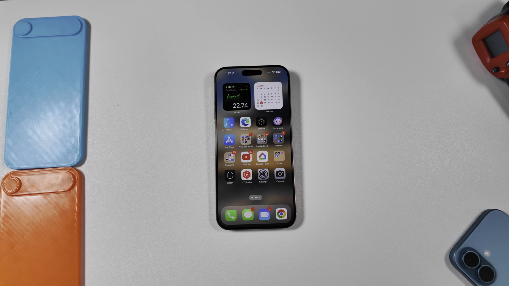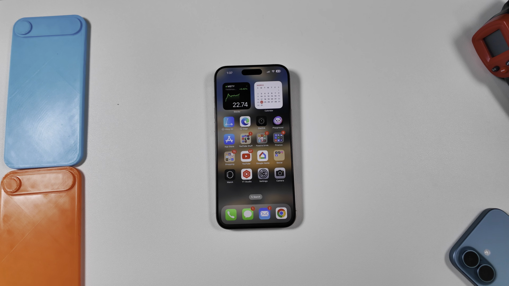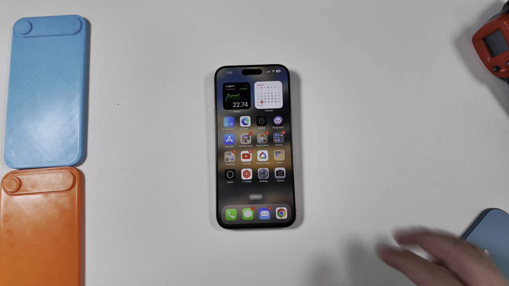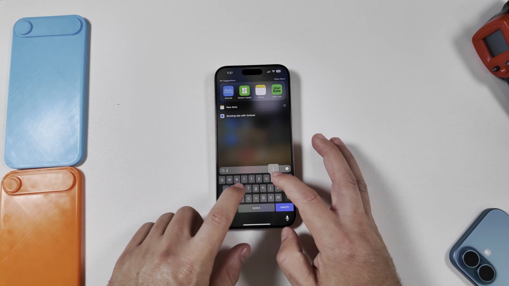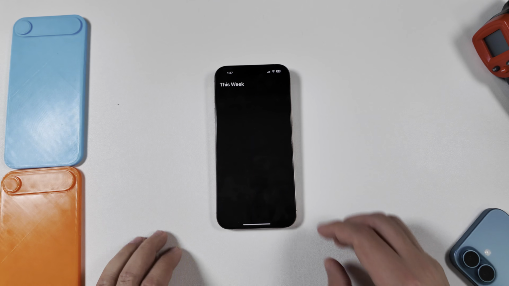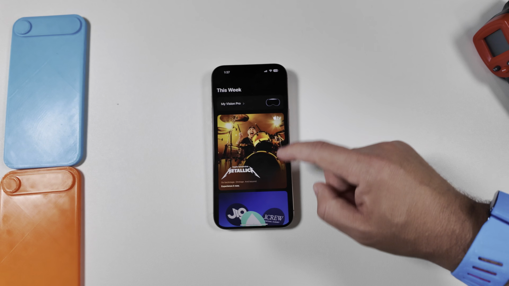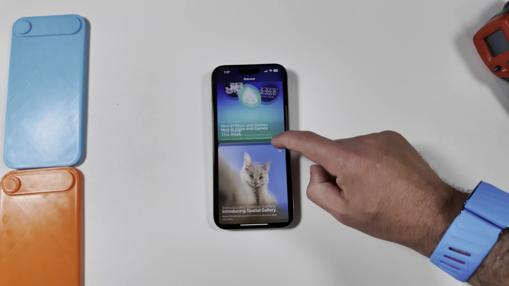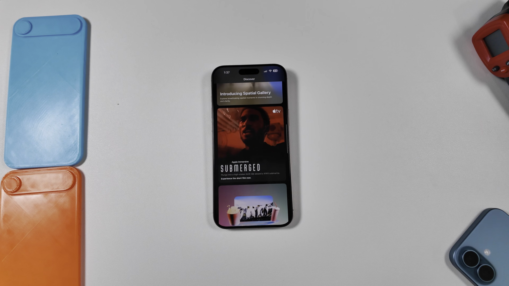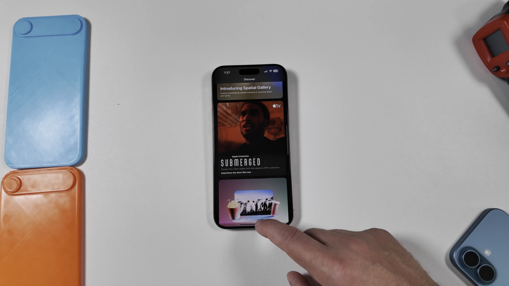As far as iOS 18.4 goes, we did get a couple of new features, like I said, nothing really groundbreaking, unfortunately, but what we can tell you that's new, and let's just start out with the Vision app. So Apple Vision Pro does have their own app in this build. You can actually see details about it, kind of browse and see new features that might be available here. There are other new